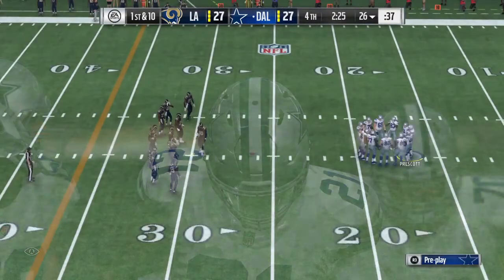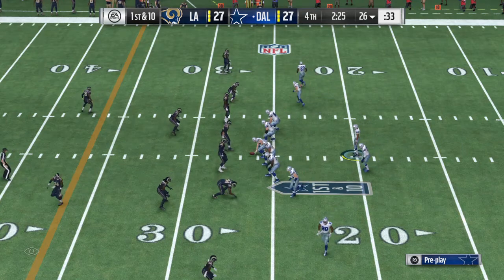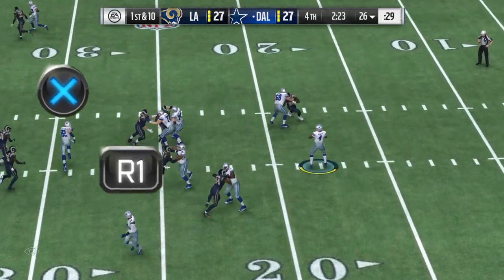And now Dallas gets set to take the field. And on that last drive, went for it on 4th, turned it over. Good job by their defense, though. They held them to 3, but this offense, they've got to be a little bit better, a little bit more